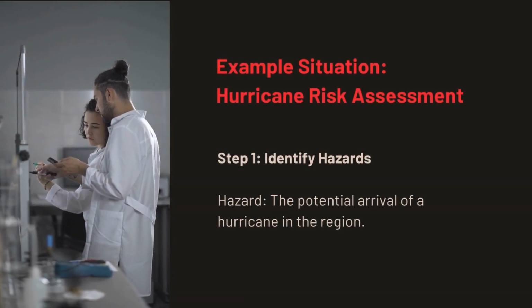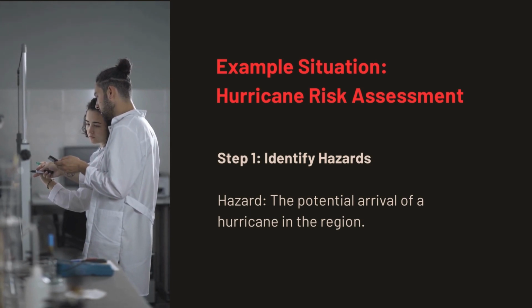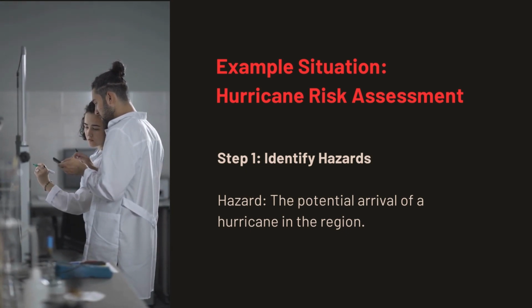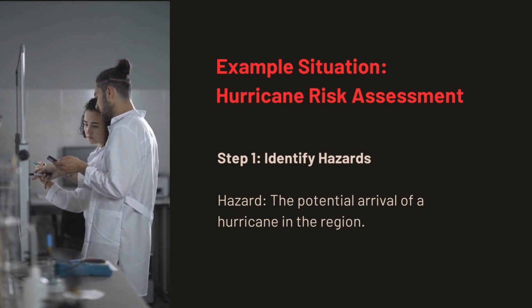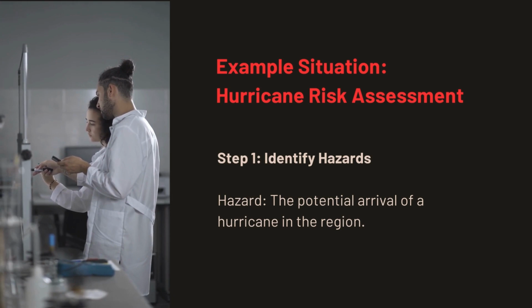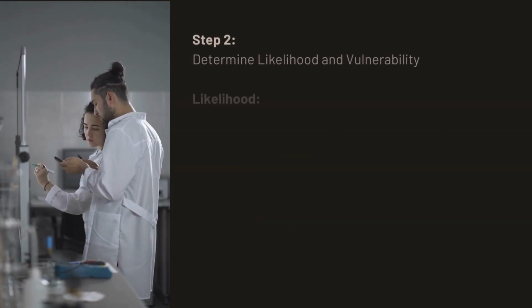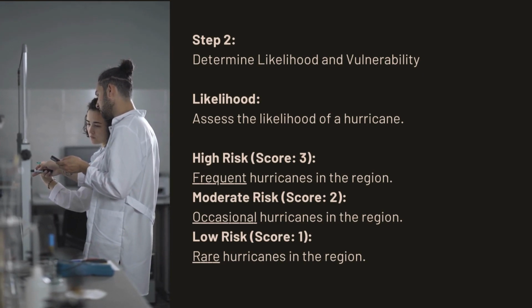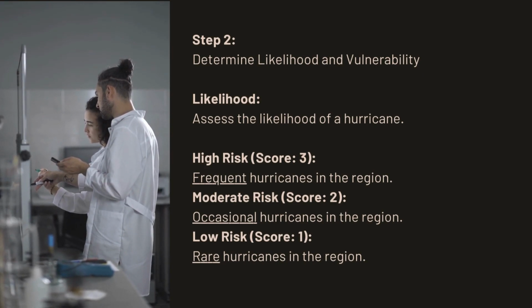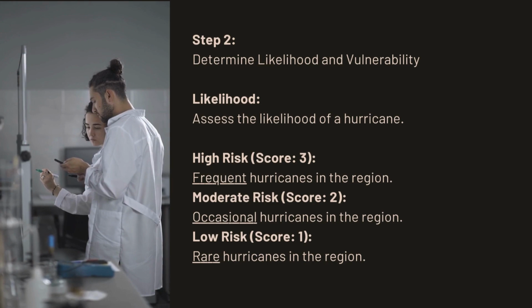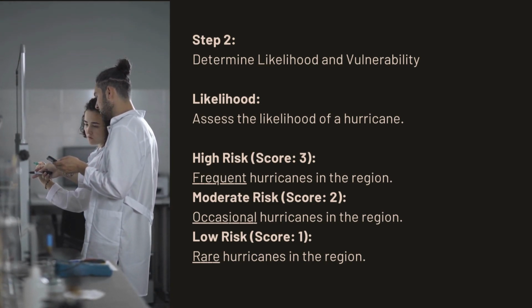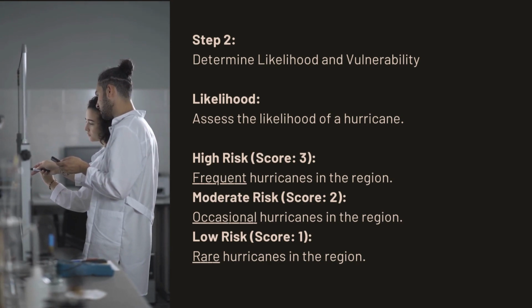Let's consider an example of assessing the risk of a hurricane at Comfort Home Health. For step 1, we need to identify the hazards. In this situation, that would be the potential arrival of a hurricane. For step 2A, you need to assess the likelihood of the hurricane. Give a score of 1 if the region rarely has hurricanes, a 2 if it happens occasionally, and 3 if